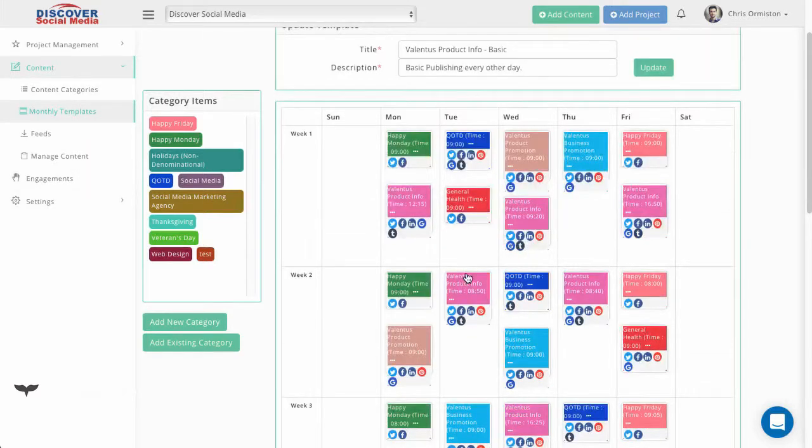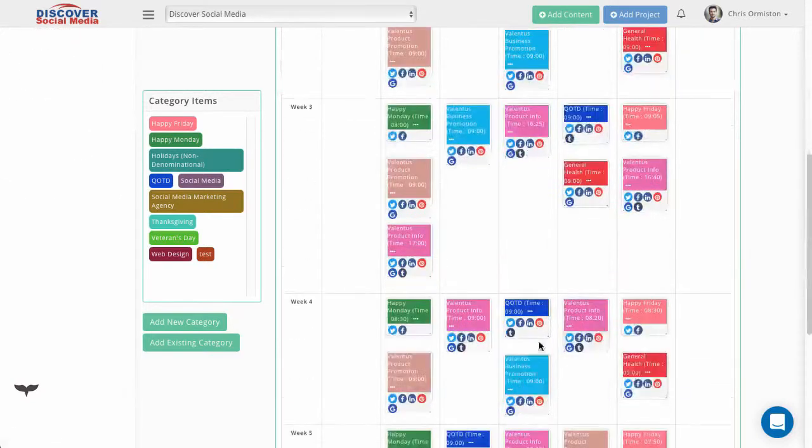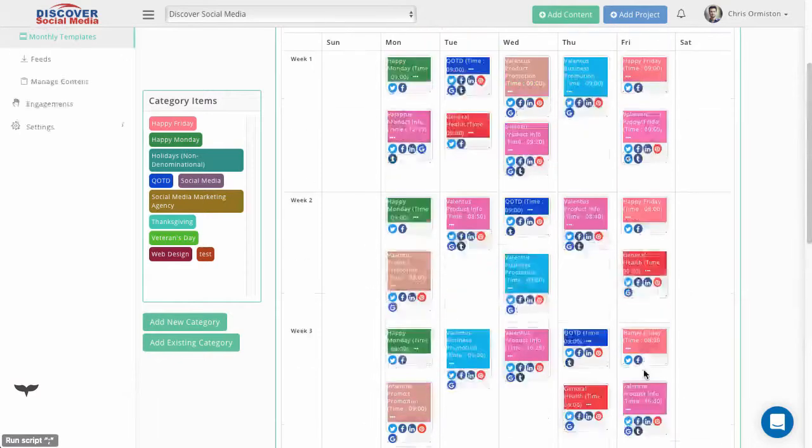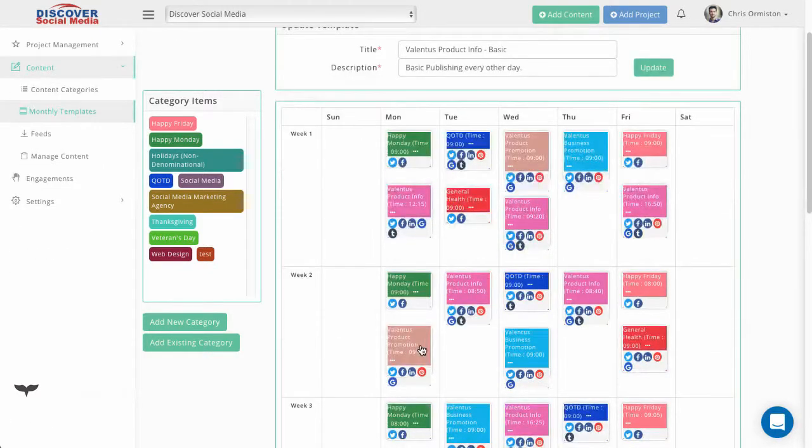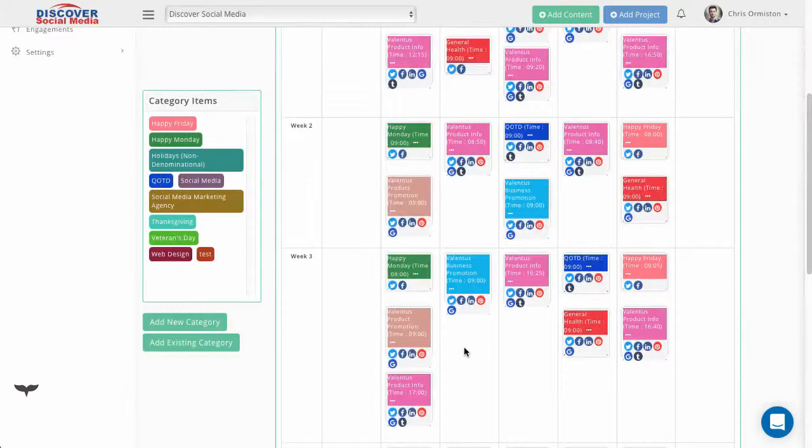This is a health related product, a diet related product. And so we have just general health related things right here. This is not promotional. This is just your general health in here. And then we also have product promotion in here, which is this light tan color. You can see once a week we're promoting this, like, hey, here's a product that we would like you to try out. It's only $30 to get, as a trial period, just to let you try it out. That type of promotion where we're asking for the sale.